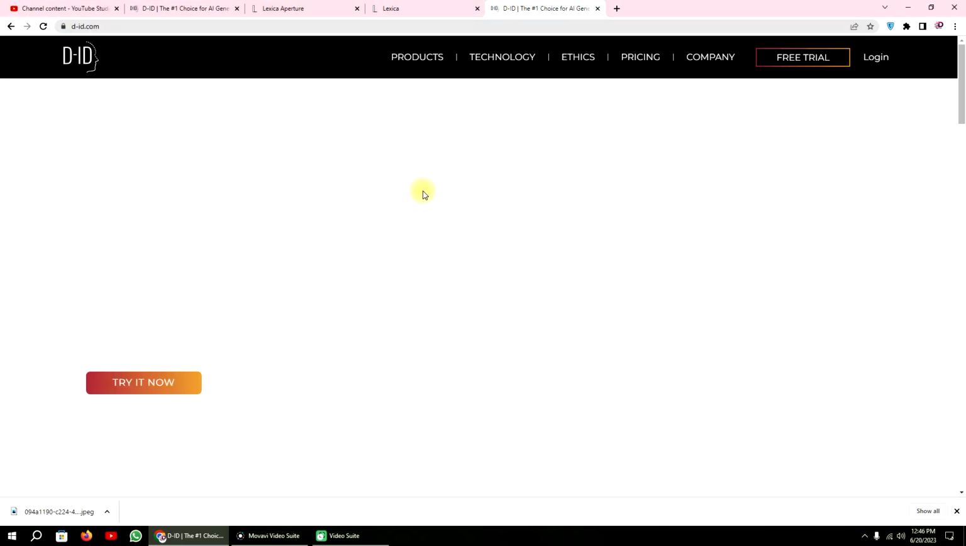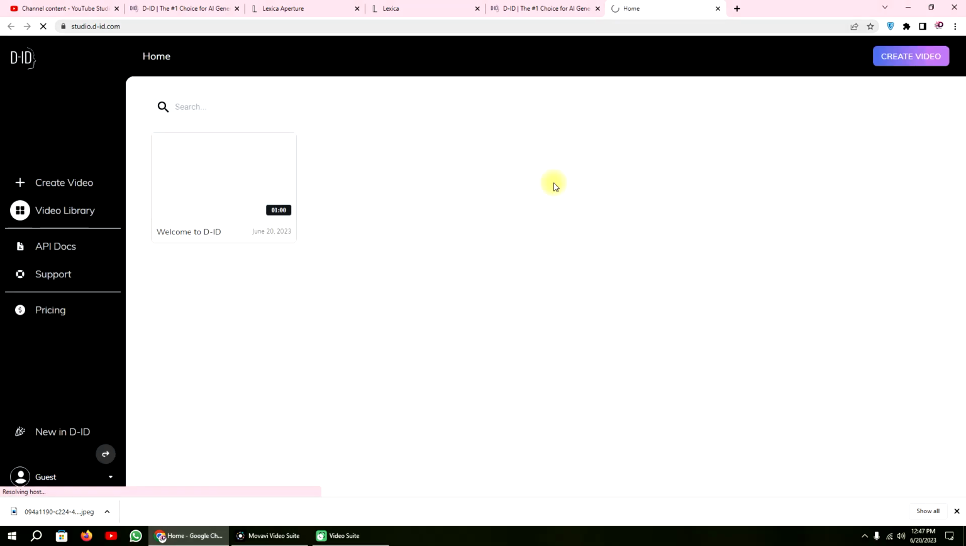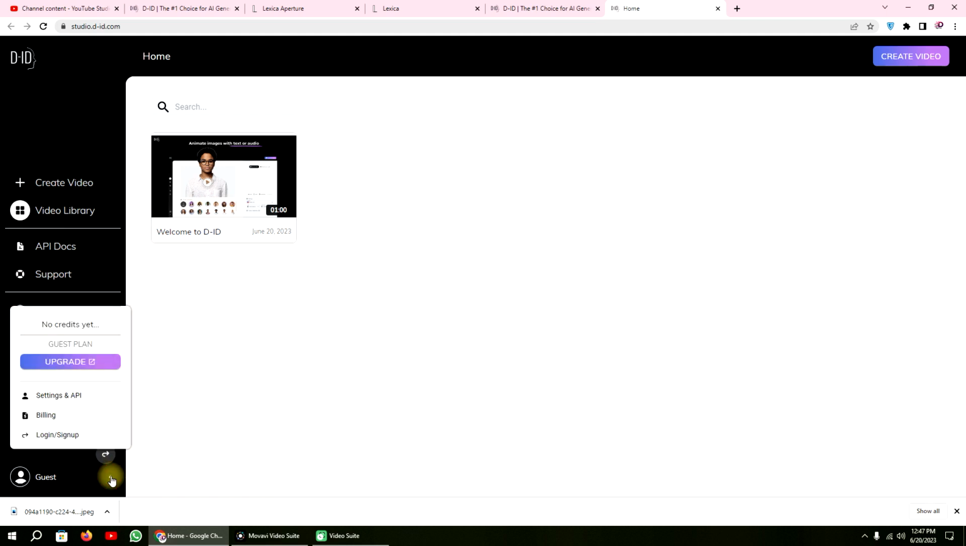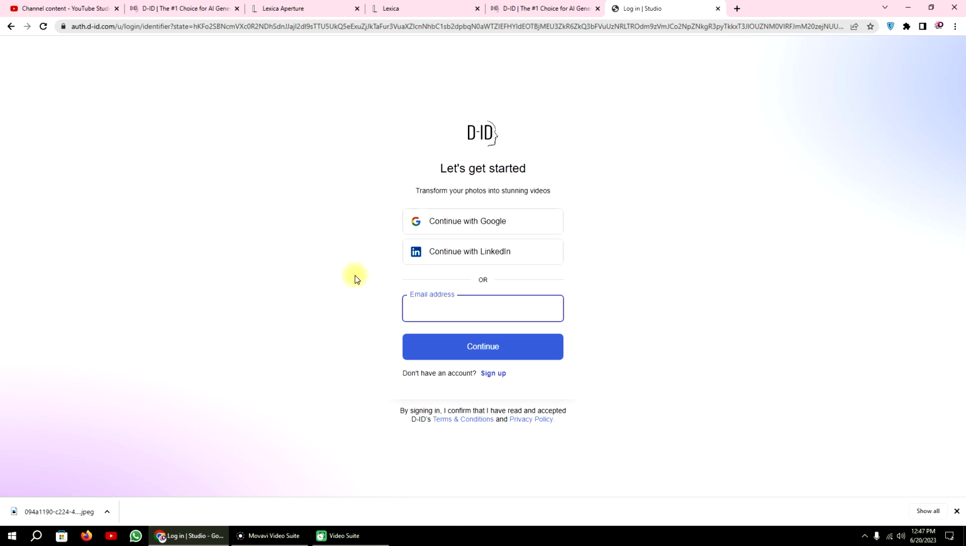It's called d-id.com. When you come over here, you have to click on free trial. Don't worry, it doesn't ask for your credit card, debit card, anything. This is free. So as you can see, it shows me my dashboard of D-ID. So first of all, you have to click over here and click on login and sign up. When you click on login and sign up, if you have an account, then you can log in to your account. Otherwise,